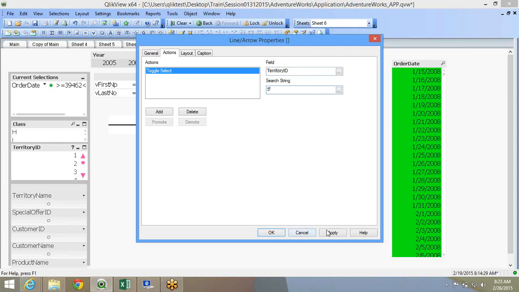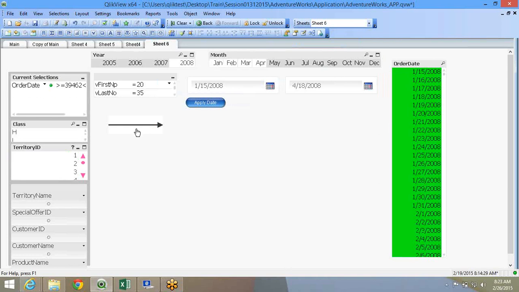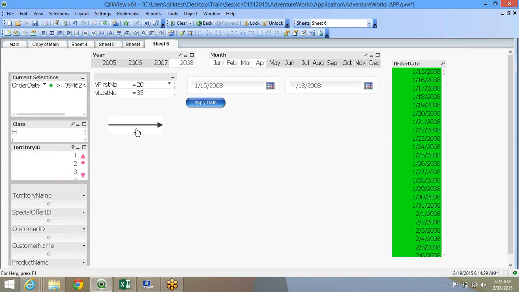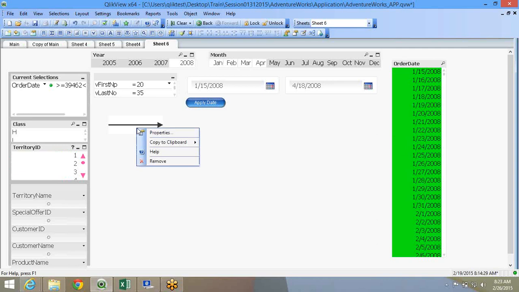Okay. This toggle is interesting because when the user clicks on it once, 5 is selected. Second time, clear. First 5, clear. So it's like the toggle selection. Select, unselect, select, unselect. So like this.